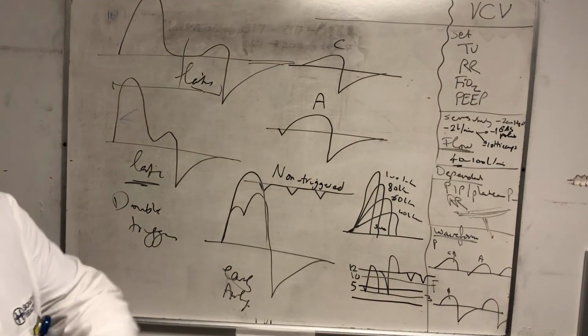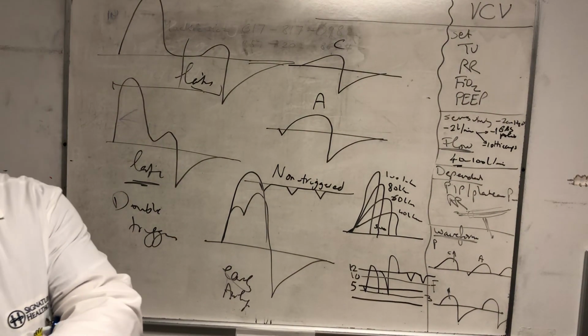Can you just explain quickly how the top one was control and the second one